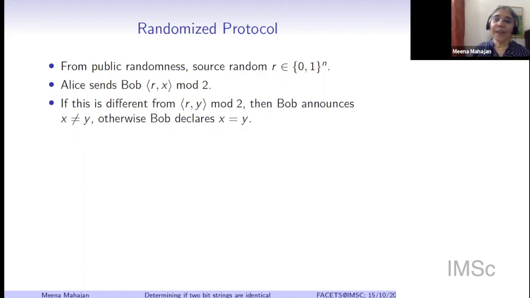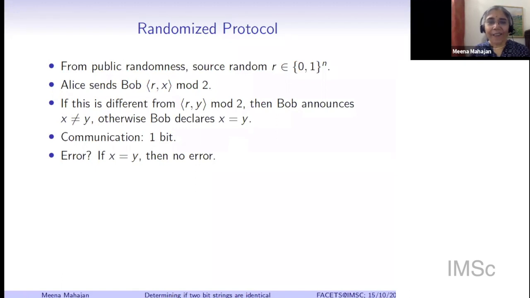If these two values are different, then Bob knows X is not equal to Y, and announces that. Otherwise, Bob declares X is equal to Y. Communication: 1 bit. Alice sent just 1 bit to Bob. Analysis, error analysis. Well, if X is equal to Y, again, there is no error because Rx and Ry are